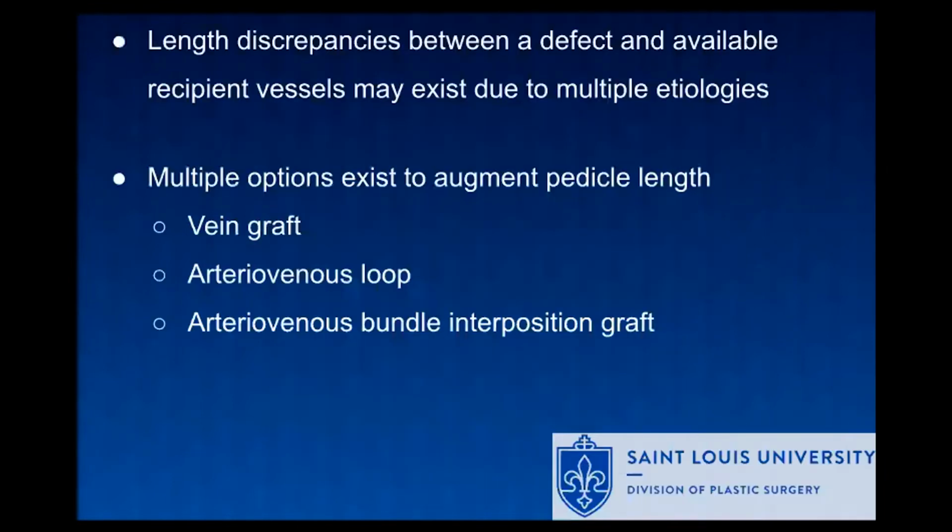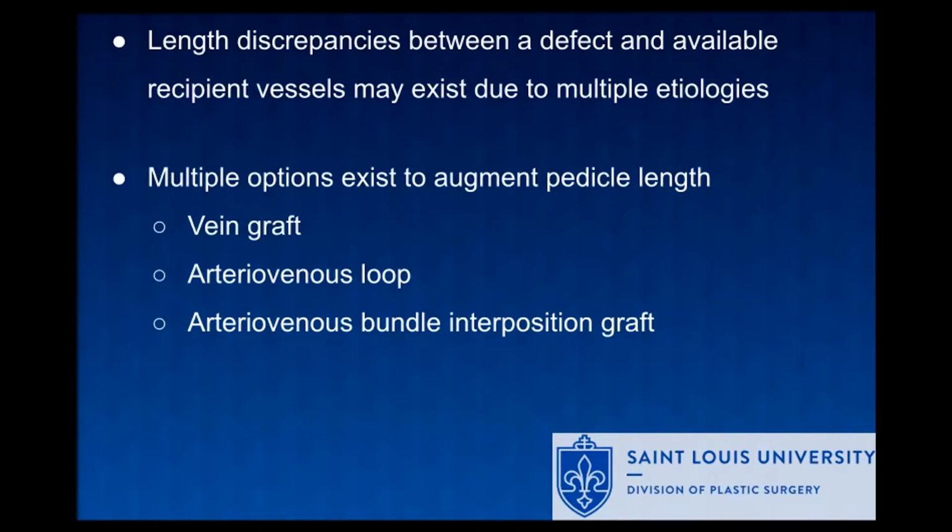So vein grafts have many available donor sites. They're easy to harvest and work well for smaller gaps, and they're very widely used when you need length because of discrepancies between a defect and recipient vessels to be bolstered or reached. And so the goal of this paper was to explore other options, specifically the AV bundle interposition